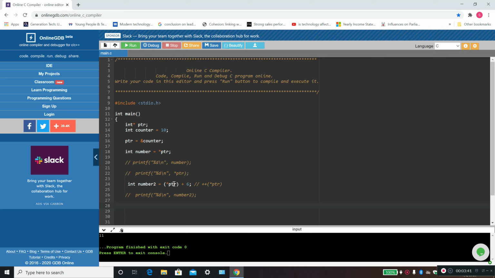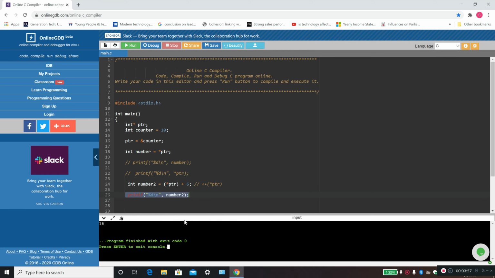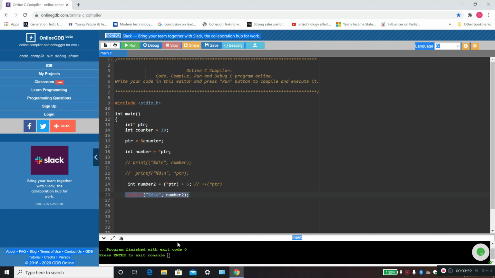It will go to this memory address, and since we have an asterisk symbol, it will fetch the value at that memory address, which happens to be 10, and bring back 10 right here and add 10 plus 6, which would be 16. So now if we uncomment this line of code and run, we'll see 16 printed onto the screen. And there you go.